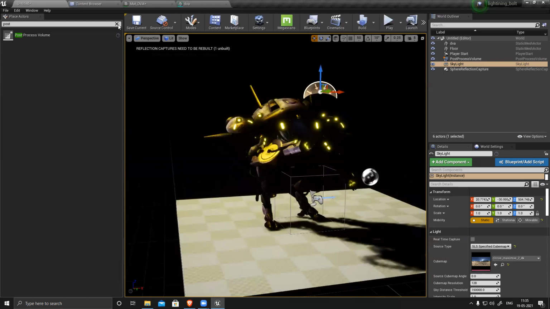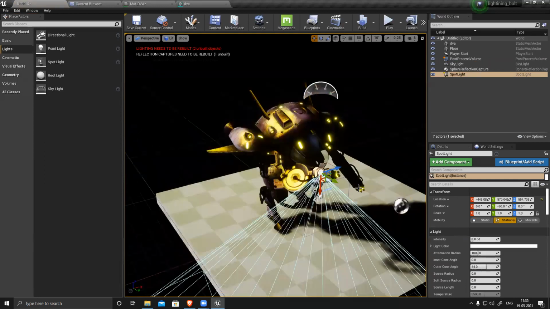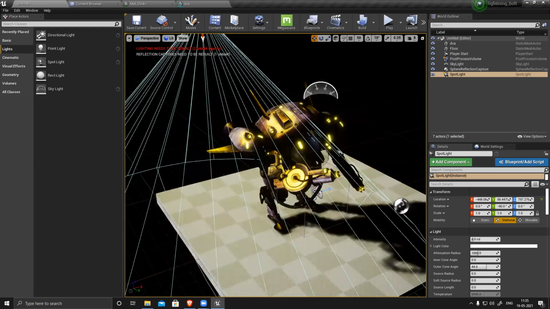So now what I'll do is I can use a spotlight. Even though I deleted it, you can see it still there, because I have baked everything, that's why the light is visible.